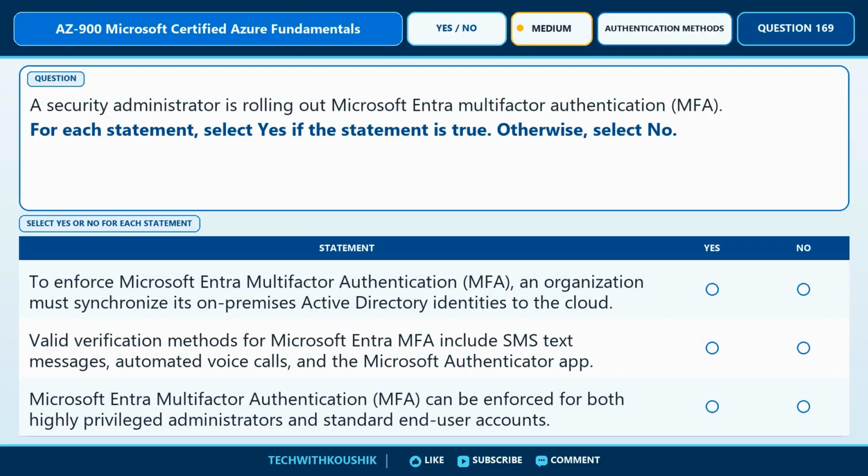Next up is question number 169. Here's the scenario. A security administrator is rolling out Microsoft Entra Multi-Factor Authentication, MFA. For each statement, select yes if the statement is true. Otherwise, select no. Now check statement 1: to enforce Microsoft Entra Multi-Factor Authentication, MFA,